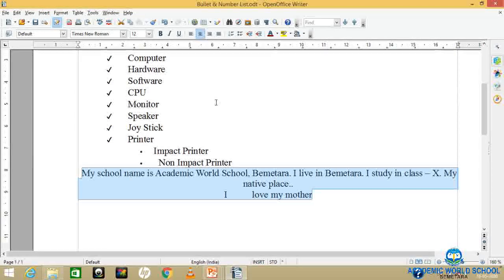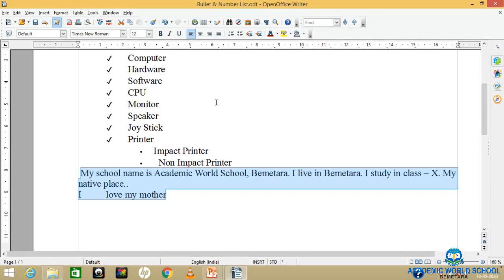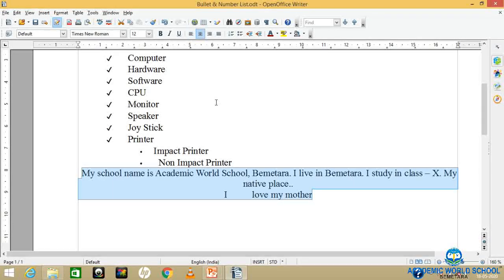Control plus C is a shortcut key to copy the text. Control plus E is used for center alignment. Now I will bring here the right alignment. So click over here, you will find your text will appear at the right margin of the page. So this is what is called right alignment. Shortcut key for that, Control plus R. Write it down, Control plus R.